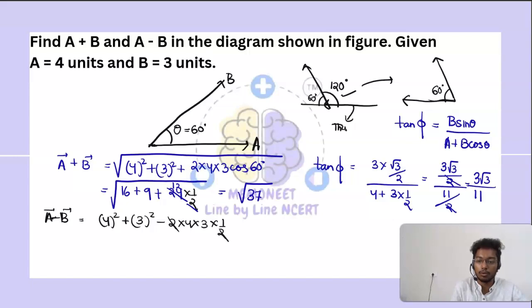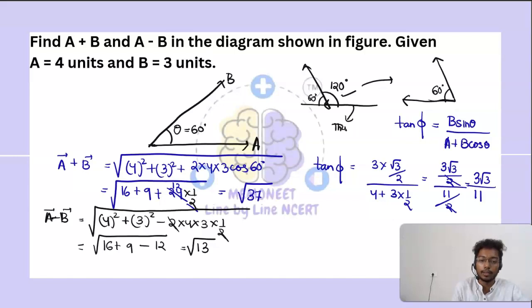So this will cut down. So this will be under root. It is equal to 4 square, that is 16, plus 9, minus 12. That is equal to 16 plus 9, 25, minus 12, that is 13 under root. So this is the magnitude of the difference between these two vectors, and the tan phi will be equal to